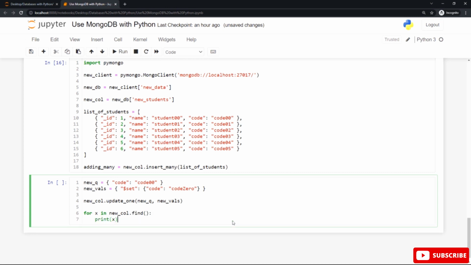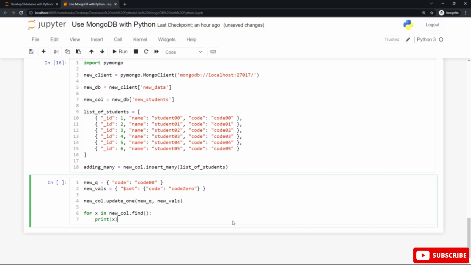We want to update this query to the new values, and you can see inside the curly braces of new values we have the set pattern to set the new value. We want to replace code OO with code 0.